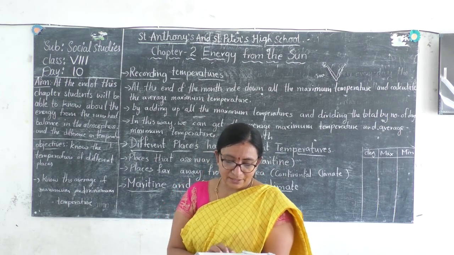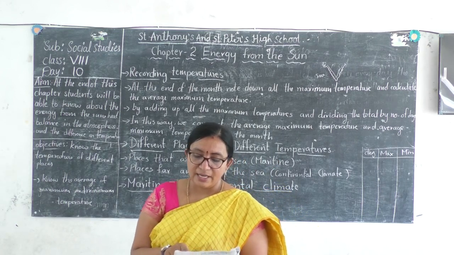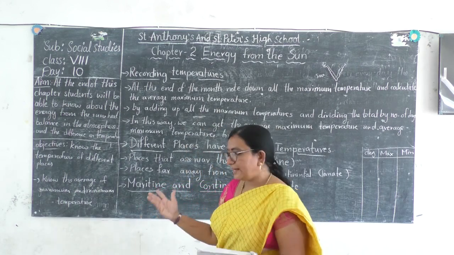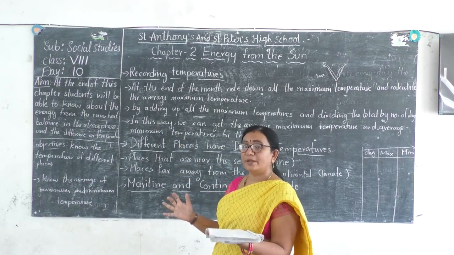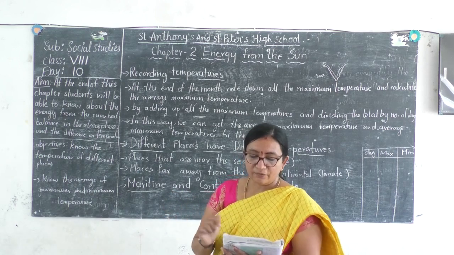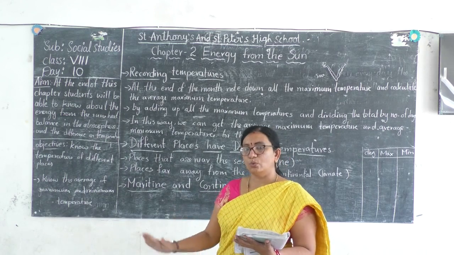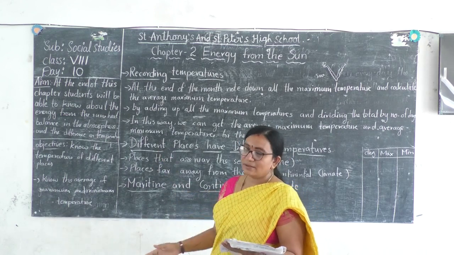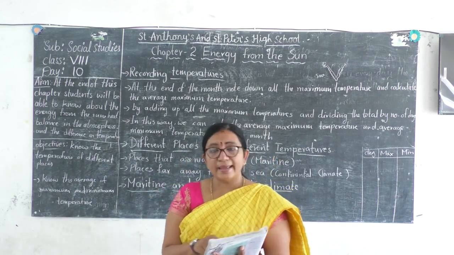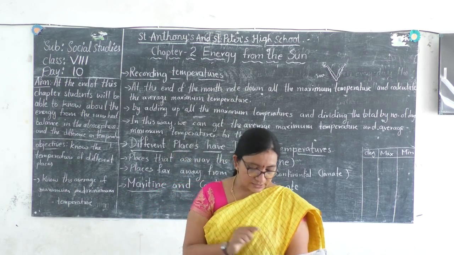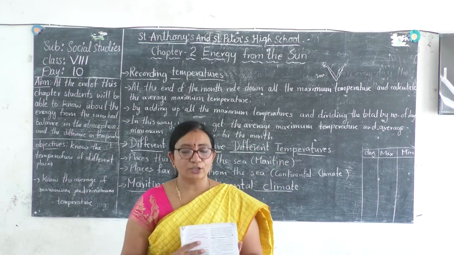In the summer, the ground temperature rises and this heats the air, so the entire air becomes dry and hot. In winter, the ground temperature falls and the air is also cool. This cool air again makes the atmosphere cool. This is called an extreme climate. So you can underline what a moderate climate is and what an extreme climate is. It is there in your textbook.